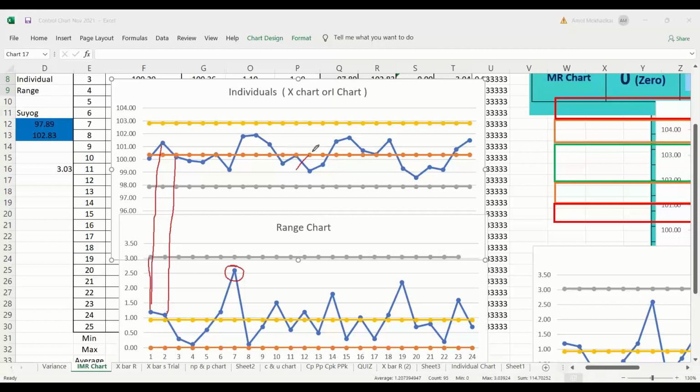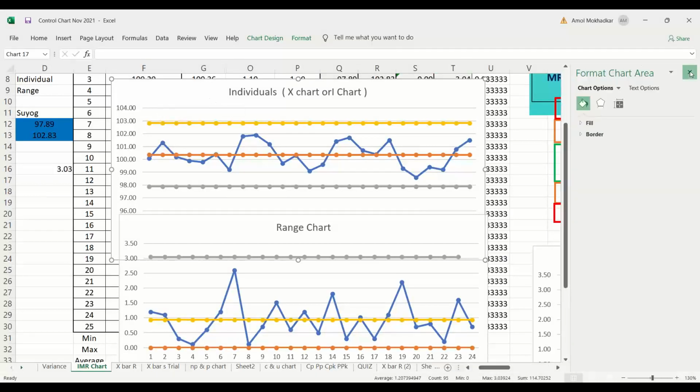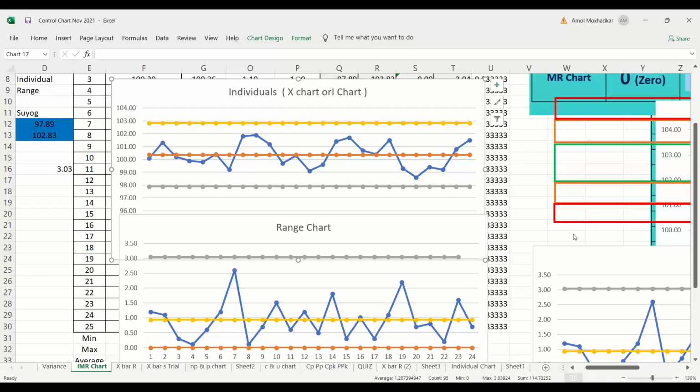Here you will see the pattern. Is any pattern forming? For that you need to divide the data into different zones, okay? How do you do that? You need to plot it on graph paper and extend these control limits continuously.